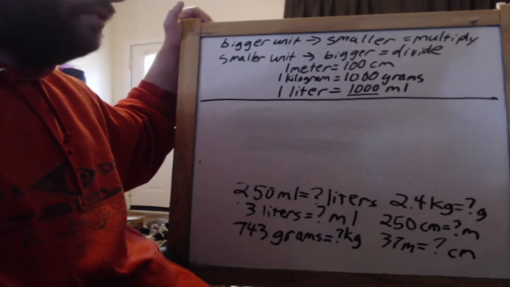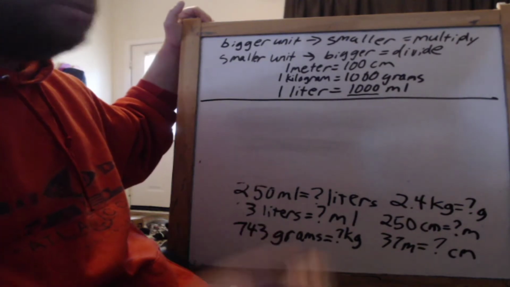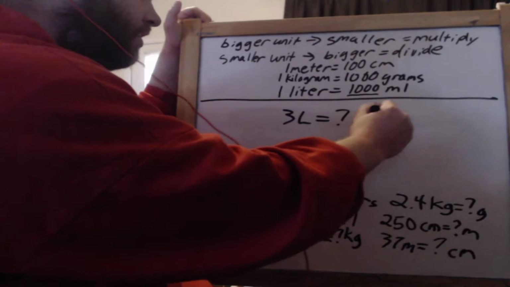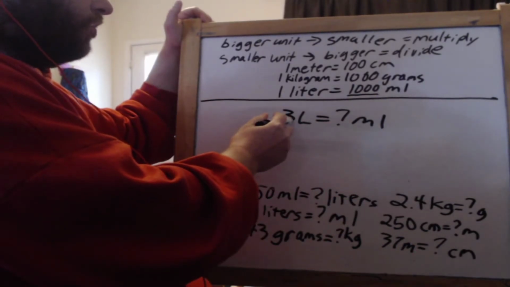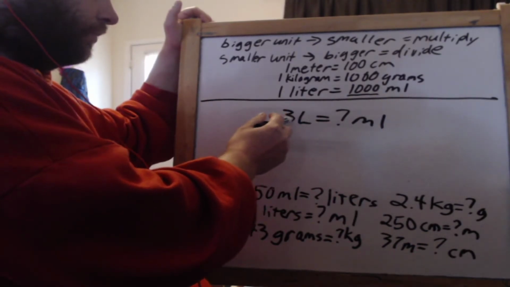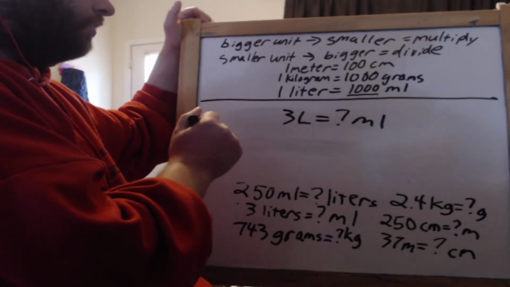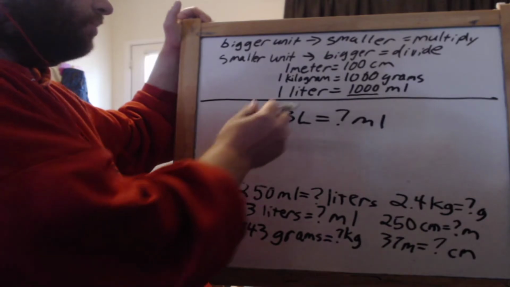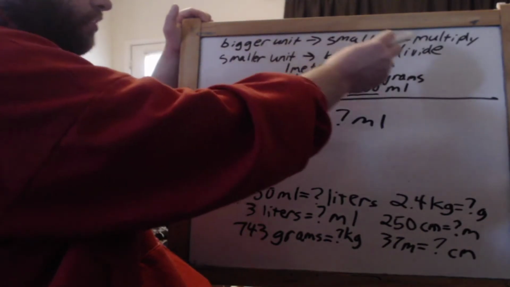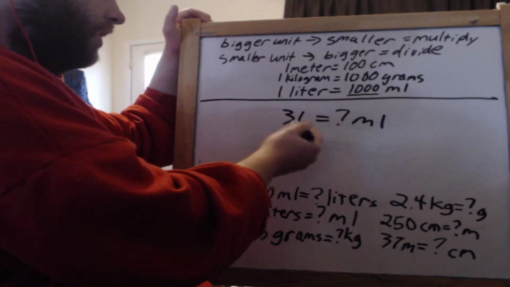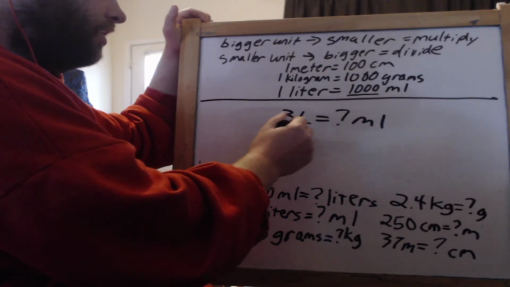Either to the right for multiplying or to the left. So now we have 3 liters equals blank milliliters. So we're just multiplying 3, a liter, by 1,000, right? Because we're going from a bigger unit to a smaller unit, and the conversion rate is 1,000, so it's just 3 times 1,000, and